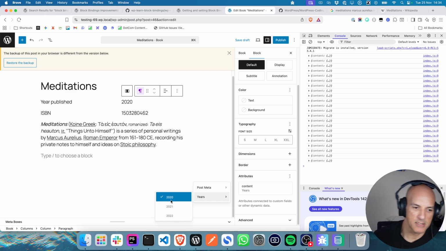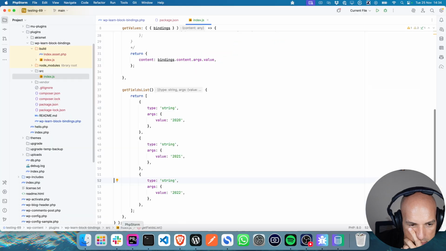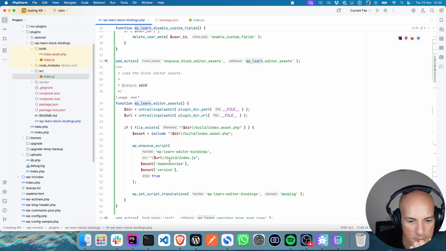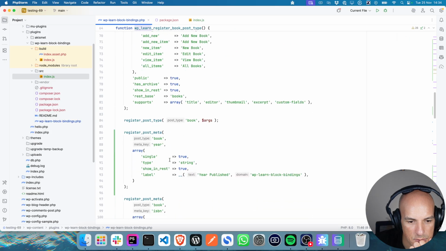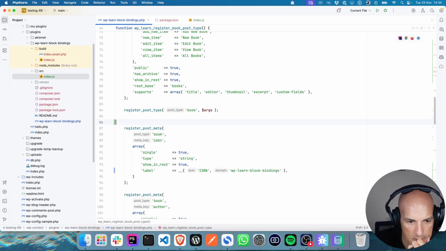So now we need to save that back. And we can actually take away... We don't actually need to register the post meta now. Let's take that away.